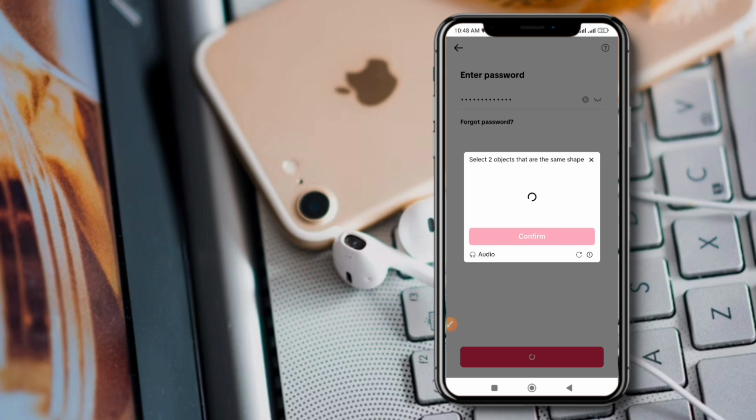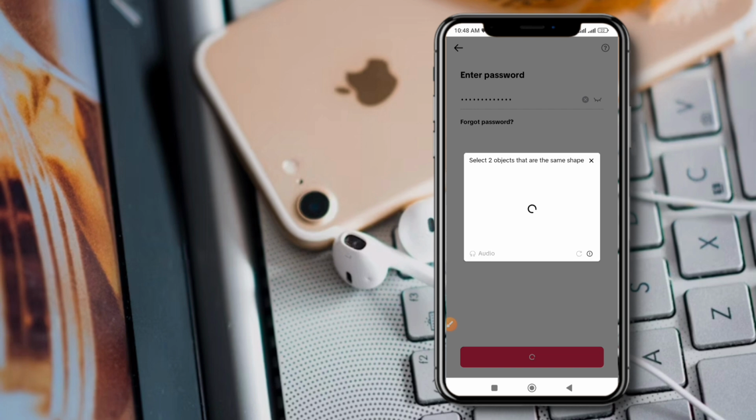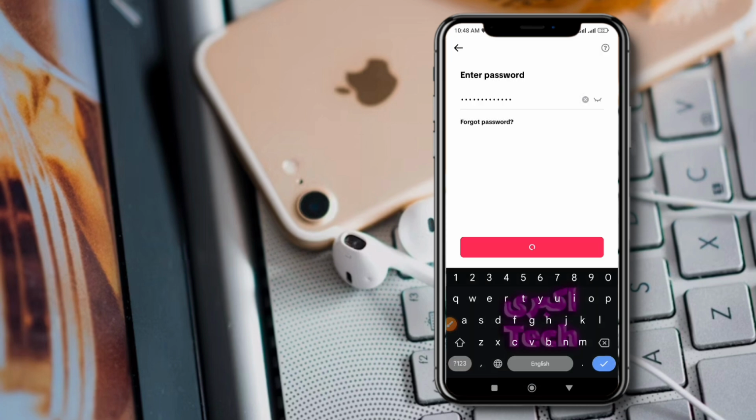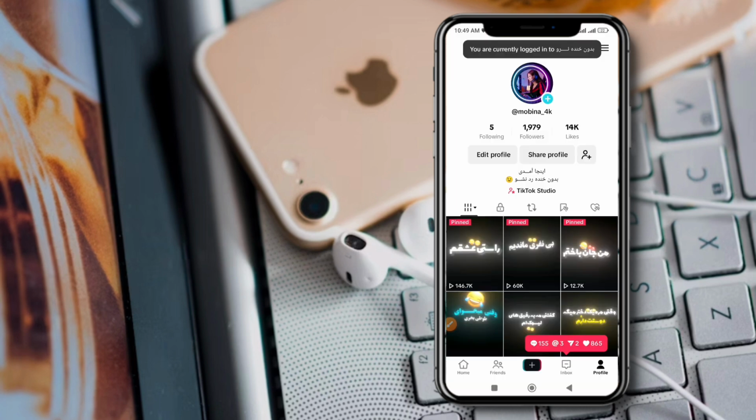Okay friends, as you see here are two same ones also. From now you should select also two same ones like the L and click on the confirm. Wait a minute and it will open your TikTok account and you can use your TikTok account and your